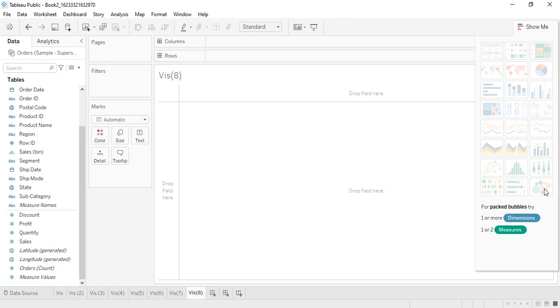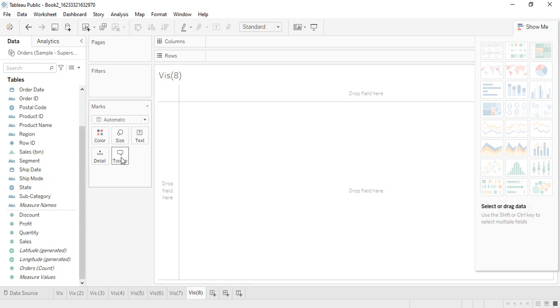The picturization of this visualization is very similar to a word cloud. If you have seen a word cloud, you might know that it is a combination of words. The larger the size of the word, the higher the frequency of that particular word or thing. Just like this, the packed bubbles is created. In this video we will see how to create packed bubbles. In the next video we will see how to create word clouds, which is not supported by Tableau, so that would be a custom visualization that we would be creating, right?